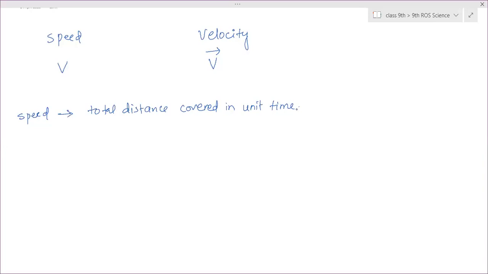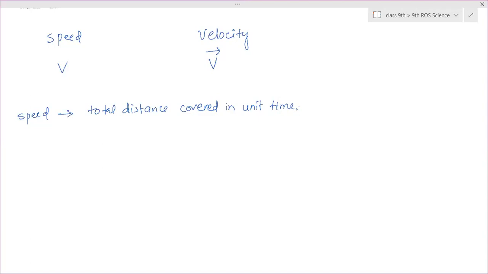So how to compare the capacity of those vehicles? They took out one quantity, which they considered as speed. Speed is used to compare the capacity of two things, that is, how fast or how slow a vehicle is moving, or how fast or slow a person can run. That comparison can be done by giving the same time period and checking how much distance the vehicle or person has traveled. That quantity is considered as speed. So speed is a comparative quantity.